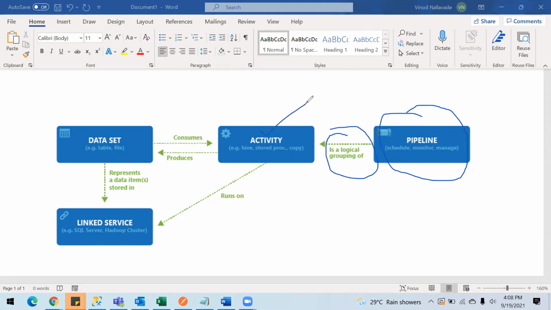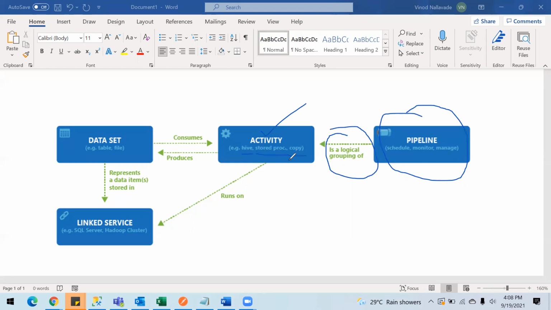So these activities are like the copy activity, or some kind of operation you want to do on the data that you get. You call those activities. Like you can call a stored procedure on the data, or else you can copy the data from one storage to another, or else you can write some Hive script, or else you can call some web APIs, or else you can call some function apps.